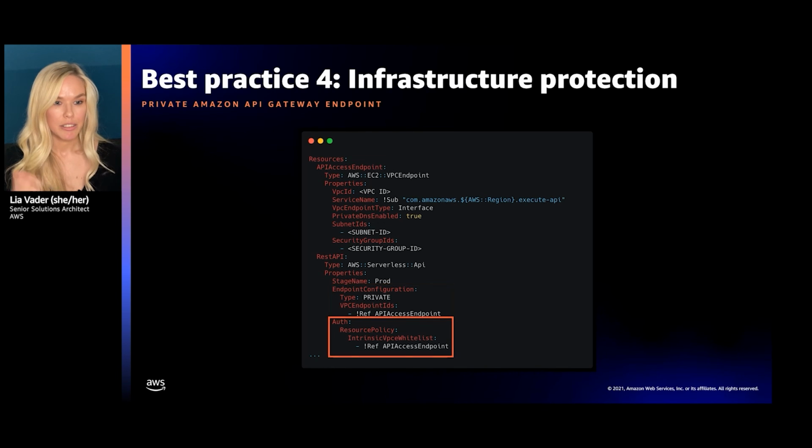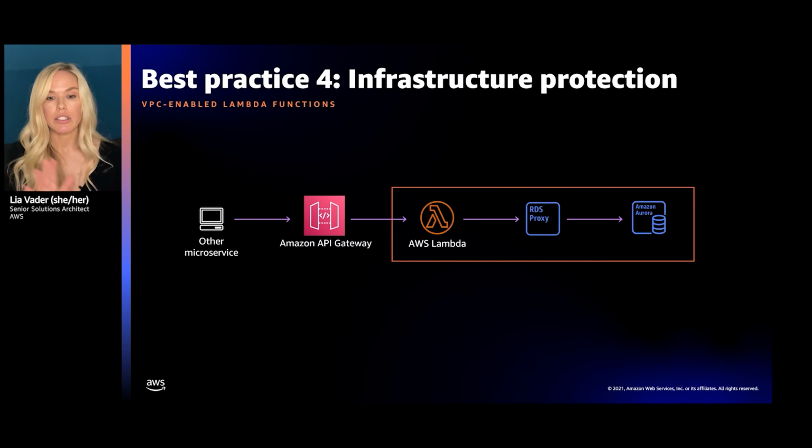And then lastly, if you recall, I mentioned you need to have a resource policy. With this resource policy, we're going to restrict access to our API Gateway, in this case, to our VPC endpoint. You'll notice here I have this intrinsic VPC whitelist. SAM makes this easy. I can specify an intrinsic VPC whitelist, or intrinsic VPCE for endpoint whitelist, IP ranges, etc. It makes it very easy to create that VPC endpoint policy that I created above. So that covers our internal API.